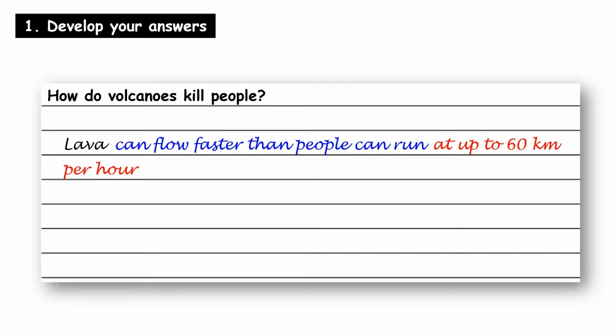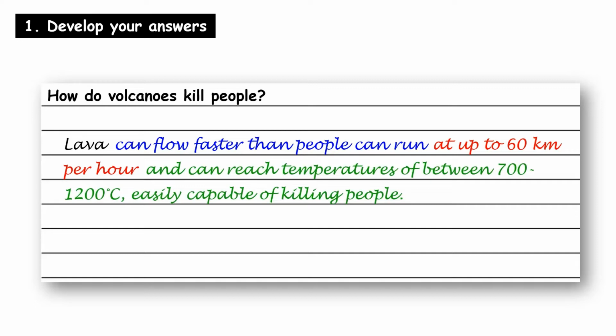Up to 60 kilometers per hour. Great, but let's say more about how lava can kill people. It can reach temperatures of between 700 and 1200 degrees centigrade, easily capable of killing people. Now there is a really well developed point that's worthy of grade 9. Now in the exam you need to develop a point like that one before moving on to our next point,